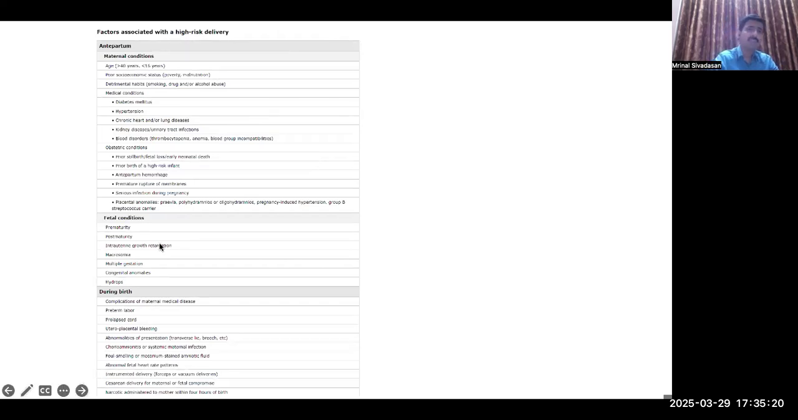So these are the factors associated with high-risk delivery, that is the age of the mother more than 40, less than 16, poor socioeconomic status, drug addiction, smoking, alcohol abuse, diabetes, hypertension, chronic heart, lung disease, kidney, urinary tract infection, blood disorders, and obstetric conditions like prior stillborn, prior birth of high-risk infant, antepartum hemorrhage, premature rupture of membranes, infections, chorioamnionitis, and placental anomalies like placenta previa, polyhydramnios, oligohydramnios, PIH, then fetal conditions like prematurity, post-maturity, intrauterine growth restriction, macrosomia,